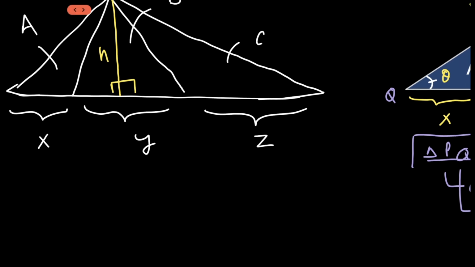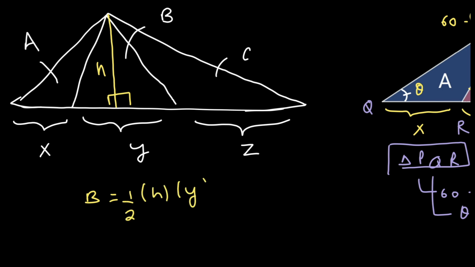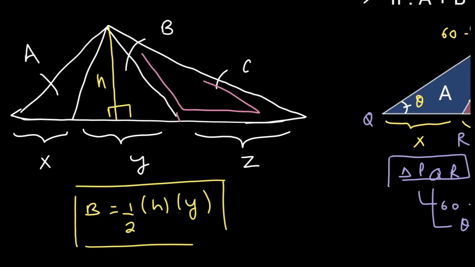Therefore, the area of that triangle that has already been taken as B would be equal to half times h times y. Okay. Now look carefully at this particular triangle. It is an obtuse angle triangle because this angle is 120 degrees, as this was 60. Remember that this triangle was an equilateral triangle. So now this is an obtuse angle triangle, hence the height of this triangle will lie outside the diagram,